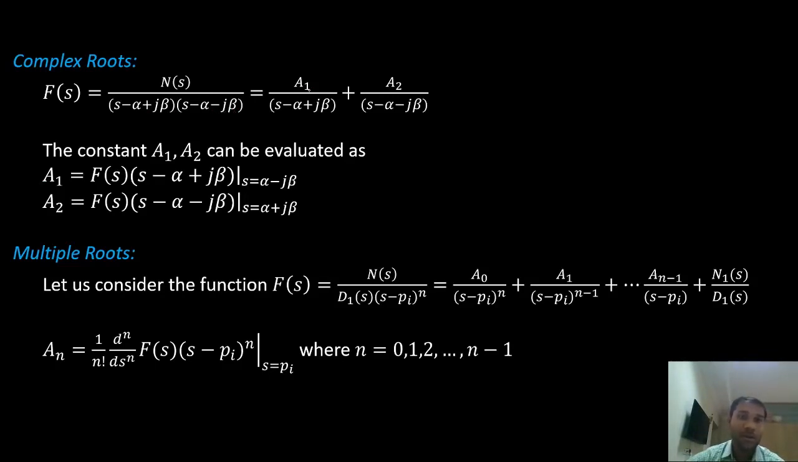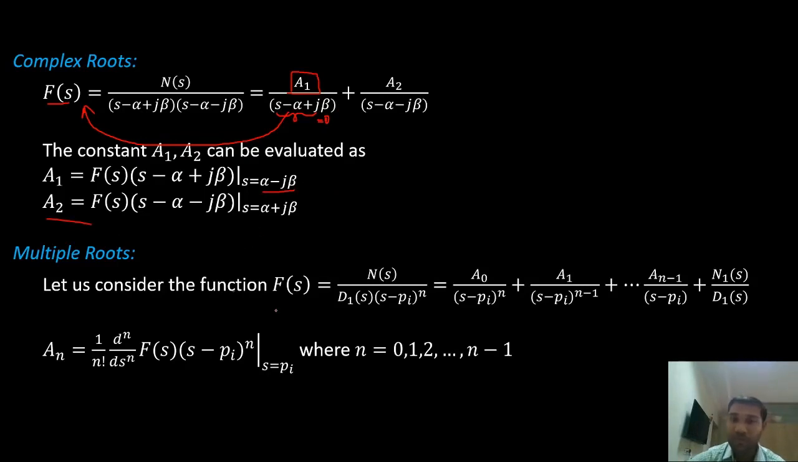So if I want to get my first constant, f of s I'll multiply with whatever the complex root I'm considering here, and for the result I will replace s equals alpha minus j beta, right? Alpha minus j beta. So basically what I'm doing, this term, the denominator, I'm equating it to 0. I'll get s equals alpha minus j beta, that I'm substituting, right? Similarly for